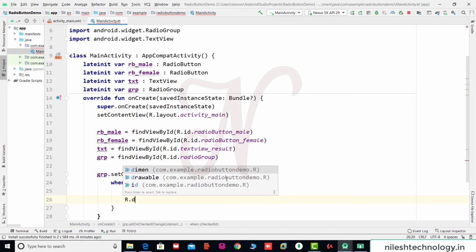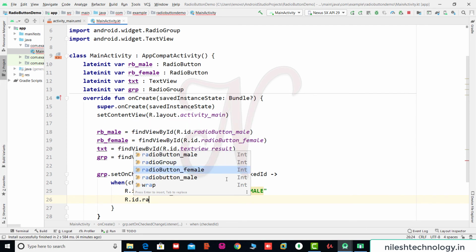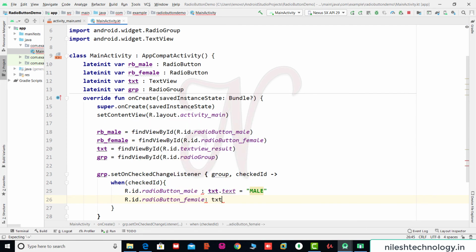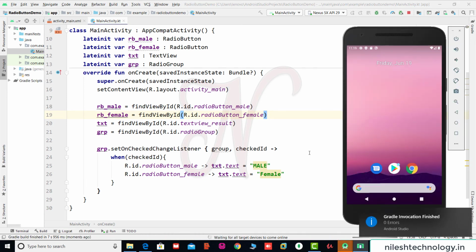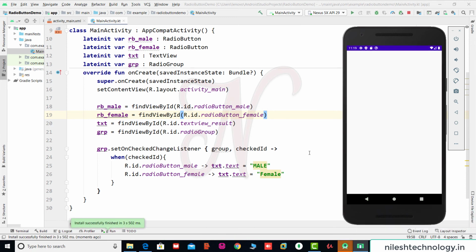Similarly, for the other case, R dot id dot radio button female, txt dot text equals female. Here we use an arrow instead of a colon. Save these changes, right-click, and run main activity. See here, if male is selected, then this shows male, and this shows female.